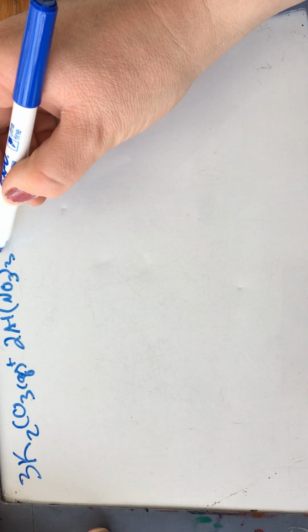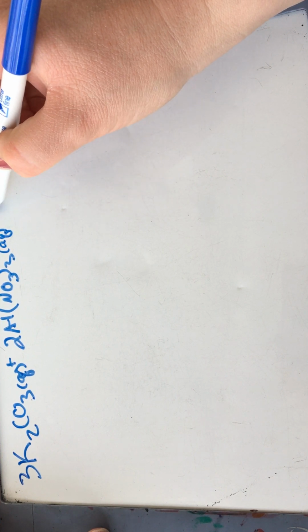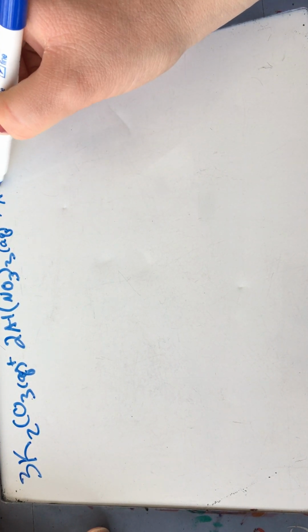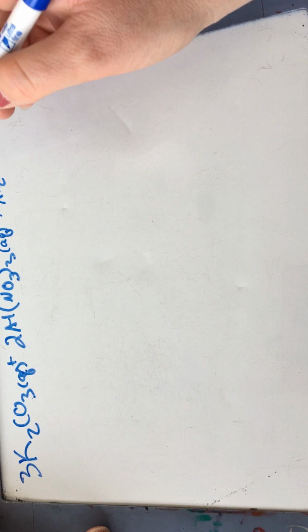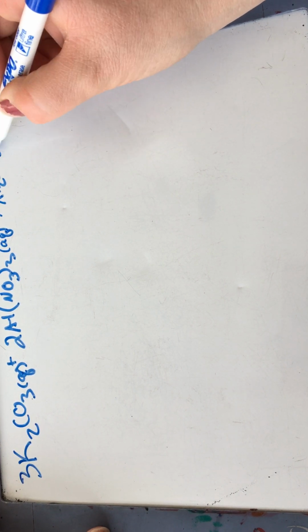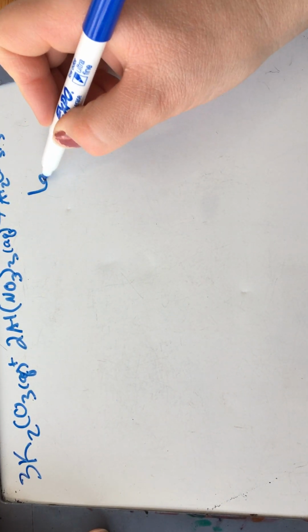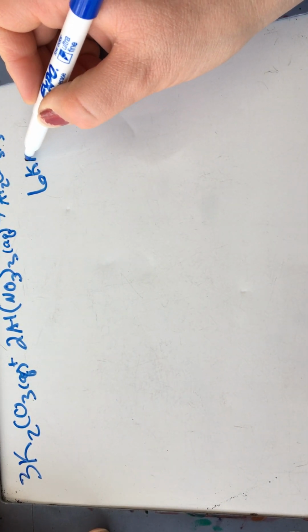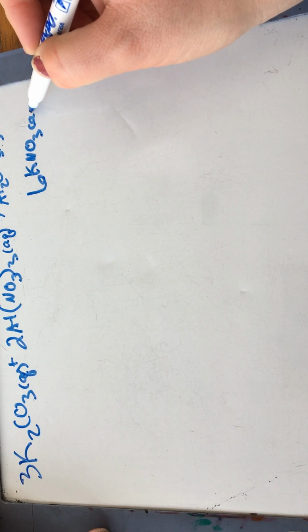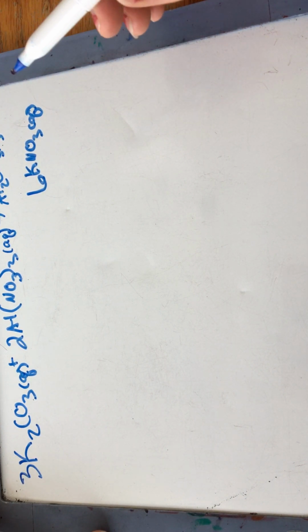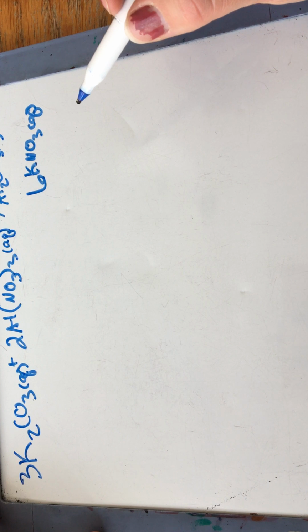Al2 carbonate solid plus, gonna have to go down here, KNO3 aqueous. Okay, so if you have 382 milliliters of 1.25 molarity aluminum nitrate,